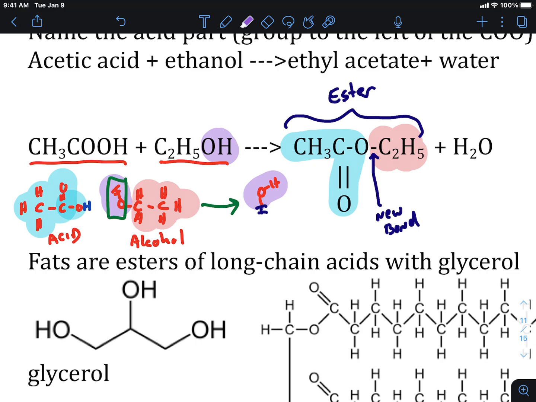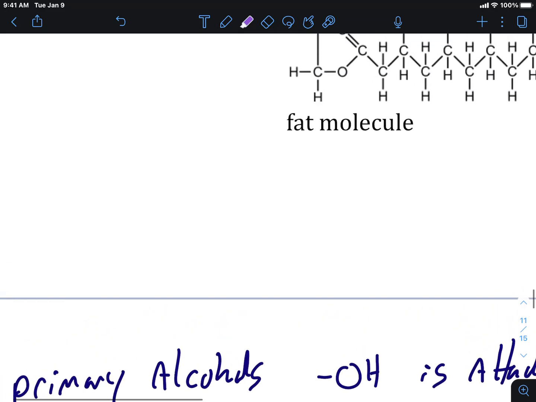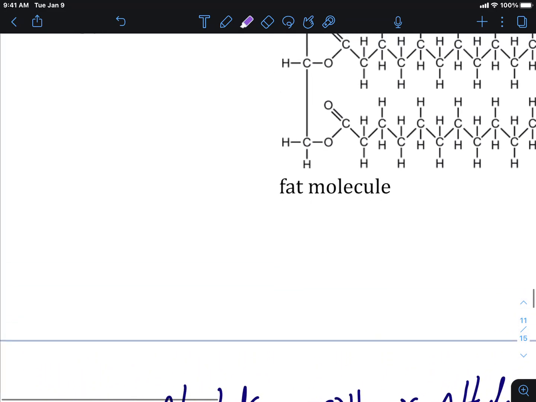So let's do some more practice with this. Let's find some space. I kind of have some space here. Okay, so let's say we have this. Okay, so this is what we call methanoic acid. Everyone see that? Methanoic acid? Because it's 1 carbon and it's got the carboxylic acid group. If I react this with propanol,